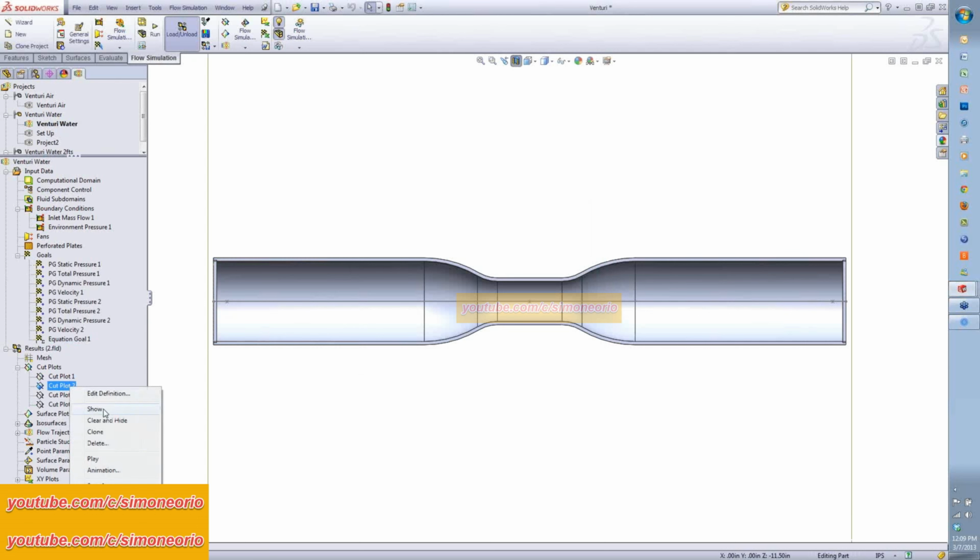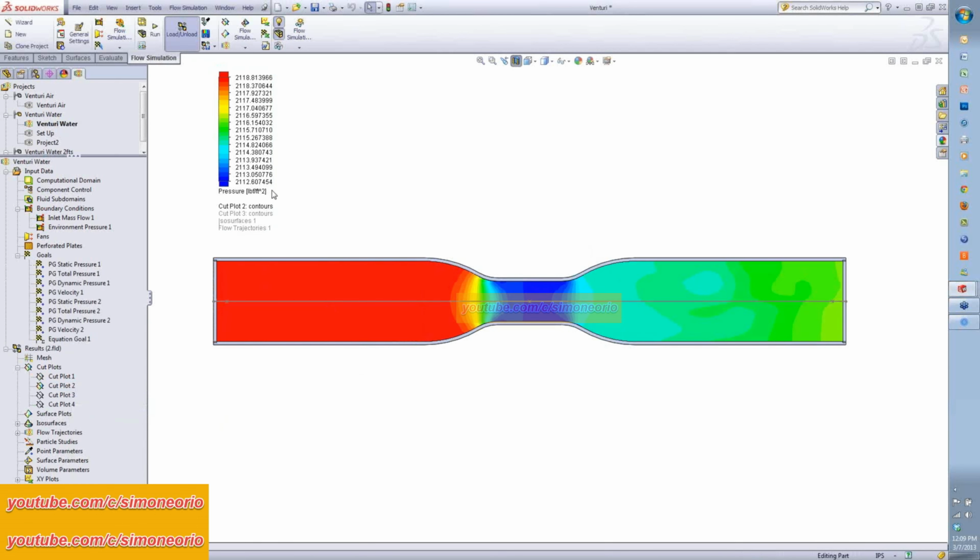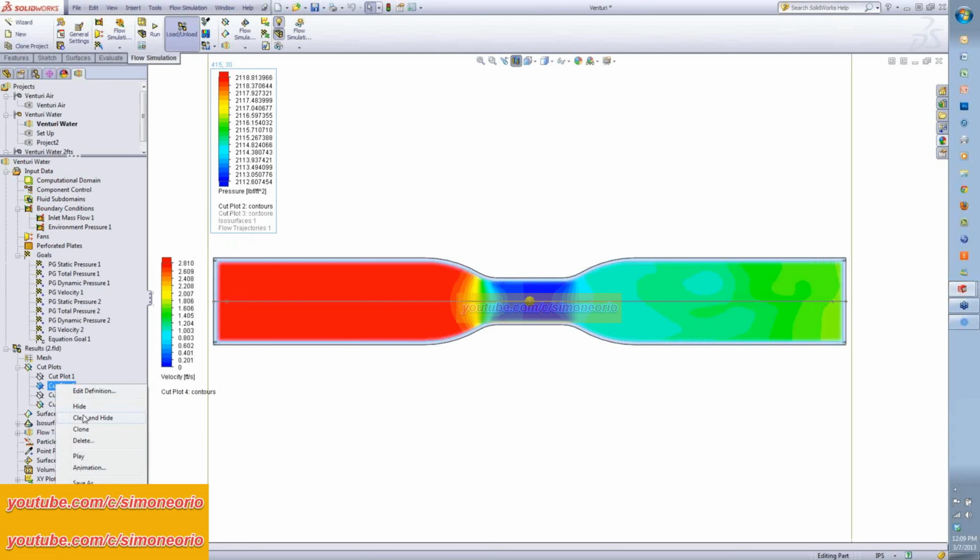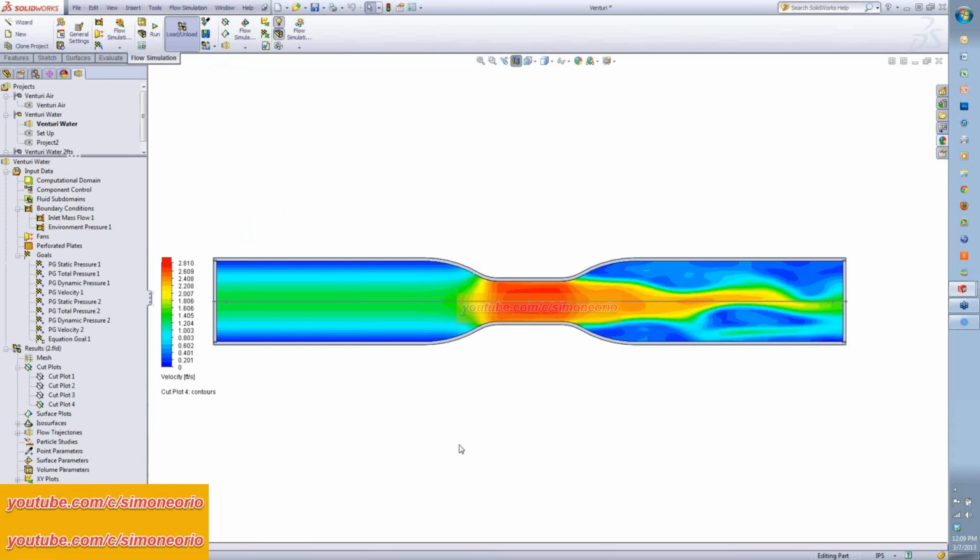So what I want to show you here is let's look at the pressure plot. And if we look, we have a high pressure here, a low pressure in the neck, and then it expands out to increase the pressure again. Let's go ahead and look at the velocity plot. So if I show my velocity plot and I hide my pressure plot, look at what we have. We actually have the reverse.